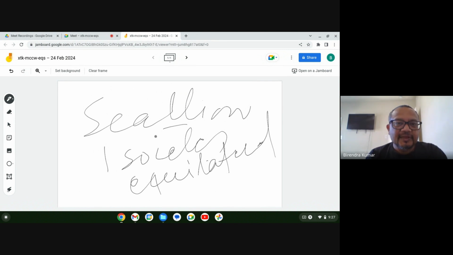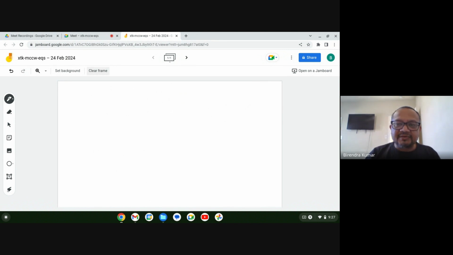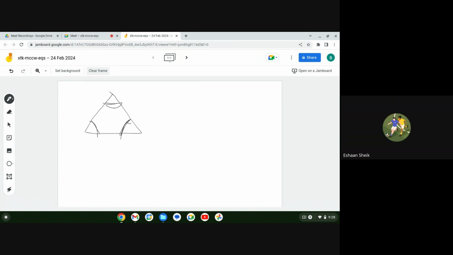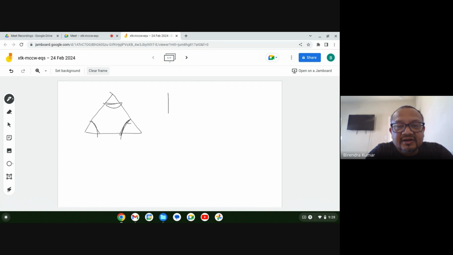So there are three types of triangles based on sides that we have learned. If the sides are the same, that is called equilateral. If only two sides are the same, that is called isosceles. And if all three sides are different, that is called a scalene triangle. Likewise, we can classify triangles based on the angles also. Now you need to remember the three angles that we learned: right angle,